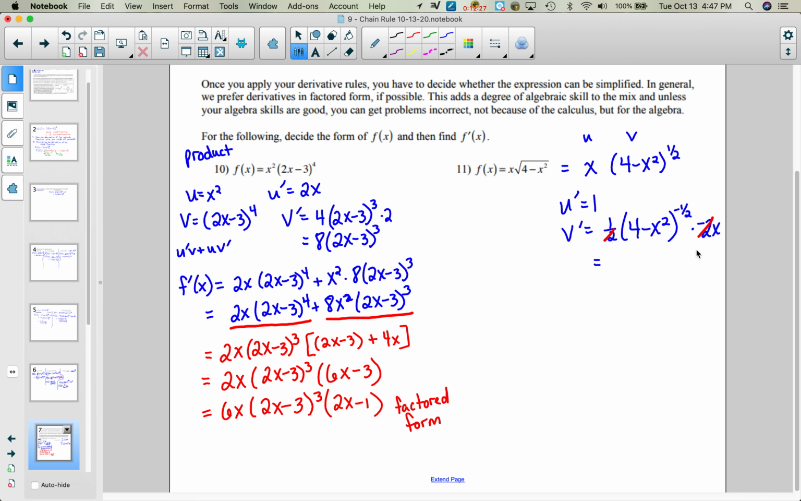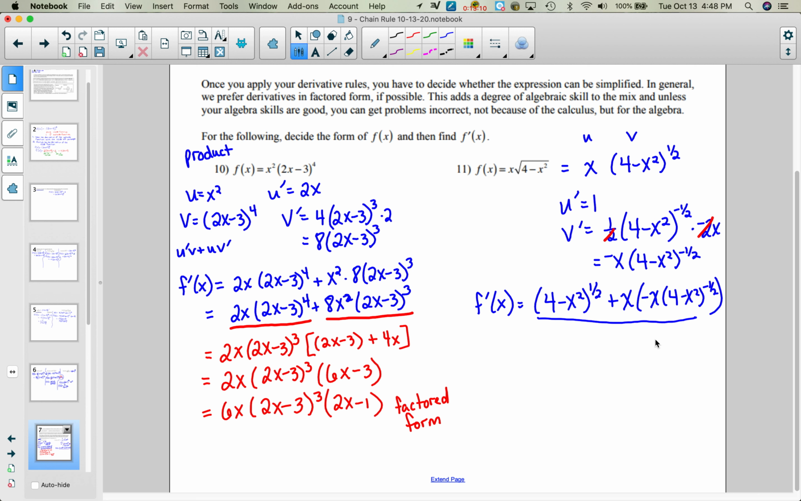And we have x. I'm going to leave it this way. Oh, it's negative because of the negative sign. All right, so I have that. So then f prime of x, we're doing u prime v, so that's 1 times v, so we get this, plus uv prime, which is just going to be x times negative x, and then this, all over